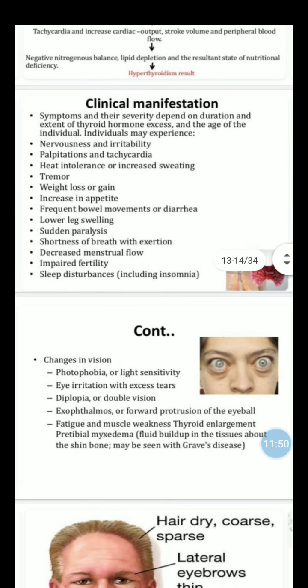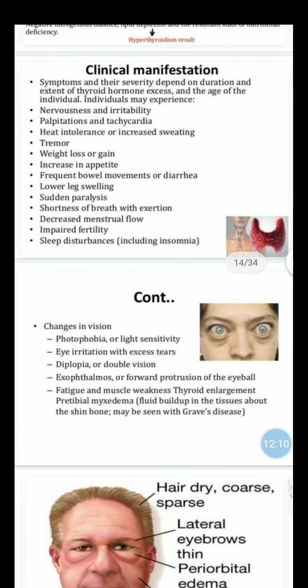then changes in vision, photophobia or light sensitivity, eye irritation with excess tears, then diplopia, also called double vision, then fatigue and muscle weakness,